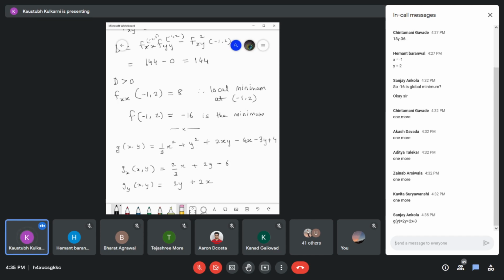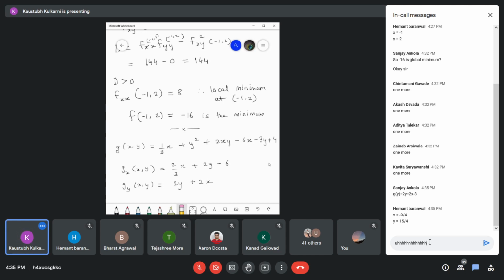Okay, can I make a change? Okay, I'll just make a change. Okay, you have already solved it. I want to make a change to this problem. Okay, so instead of square term, let's make it a cube here. Okay,